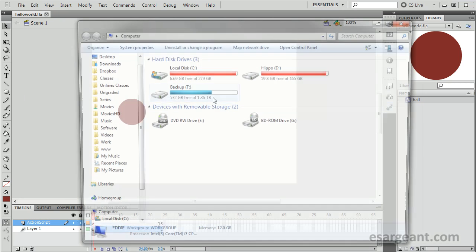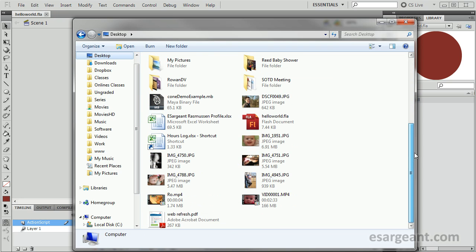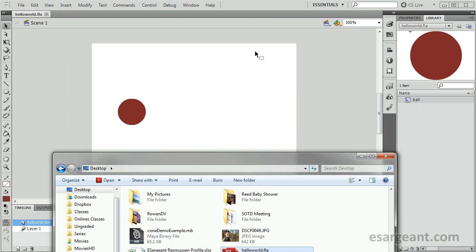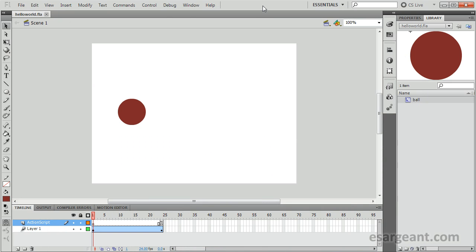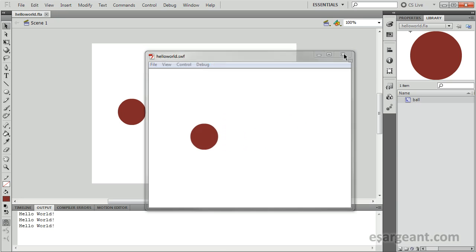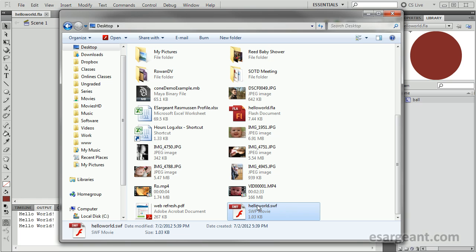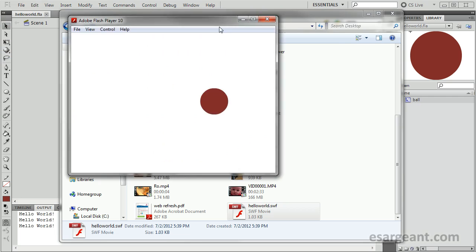If I load up my desktop, I can see I've saved the Flash project here. When I build the Flash project, it creates that built file, or that Flash movie here, hello world.swf. If I were to run this in the freestanding Flash player,